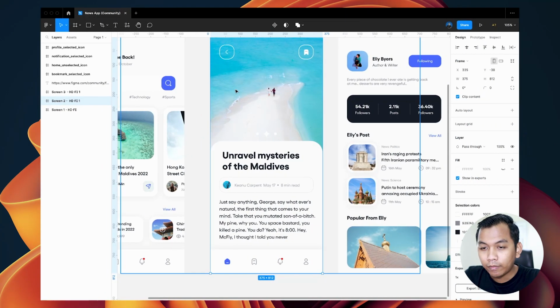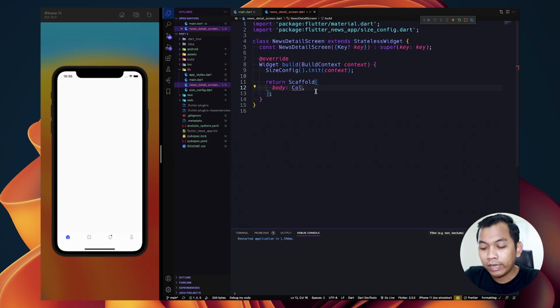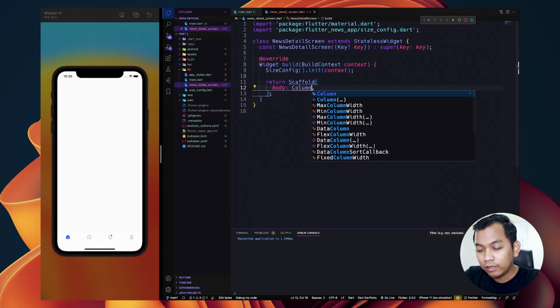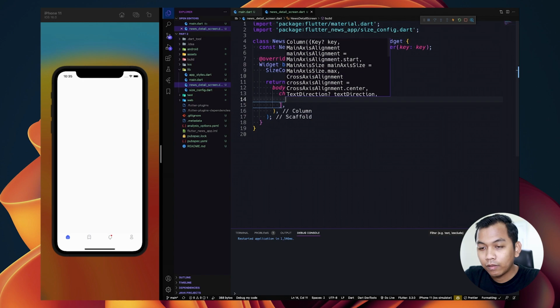And let's see, because the components inside this screen 2 align from top to bottom, we can simply think of it as a column, because a column will have many children inside it.